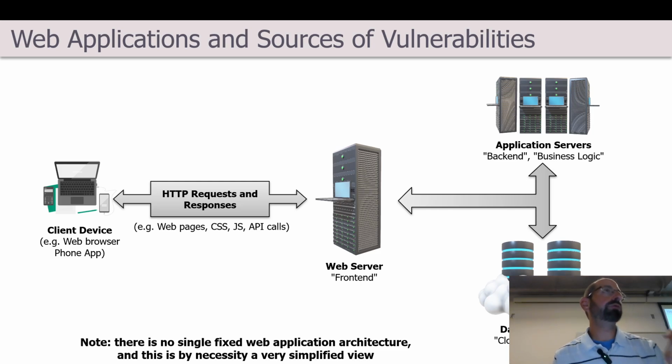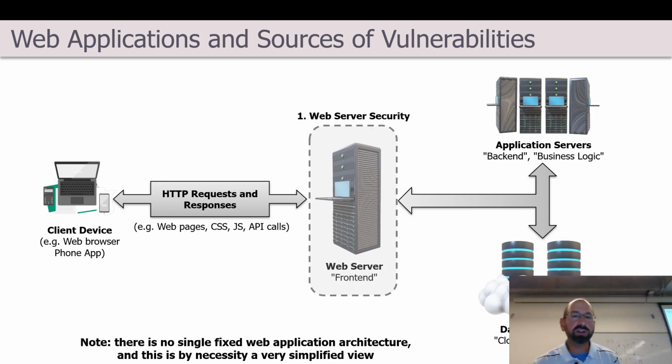What is important is that when we're talking about web security, web application security, we're referring to several different things of kind of equal importance. And the first is that we are actually referring to the security of this particular front end itself. We talked about how, by its very nature, if you want to be able to provide this public service, you are publicly accessible. You can't just turn it off. You can't just unplug it, right? And in this case, this is meant to be a highly available, highly accessible, high throughput interface to your web application. And so while the issues there are not necessarily unique, it's a server or a collection of servers.